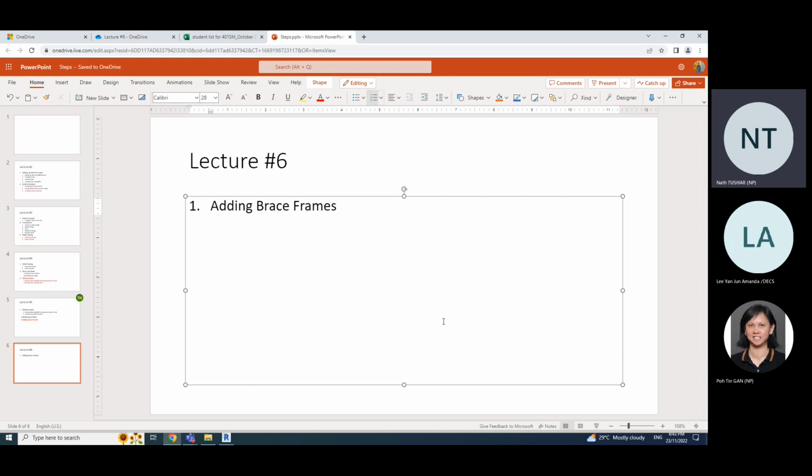All right. So today we'll be covering the brace frames. There are a few topics under the brace frames for you to take note. First one will be to create brace frame elevation. Next one you will be doing is actually adding the frames on levels or maybe on floors, whatever you want to call it. And then subsequently, you will be adding